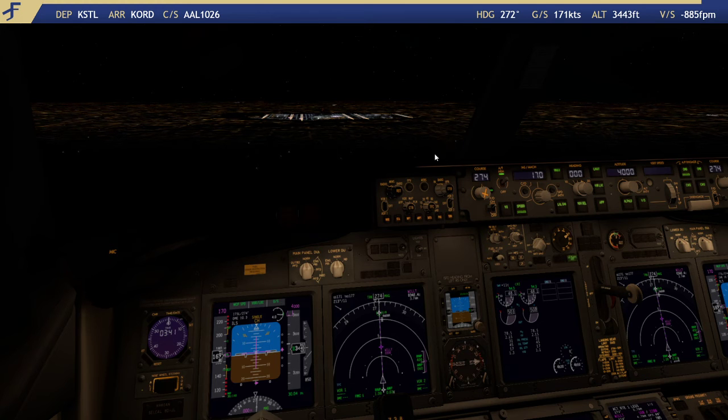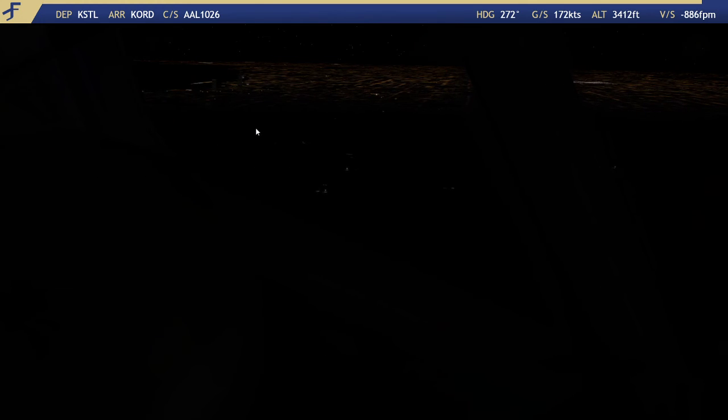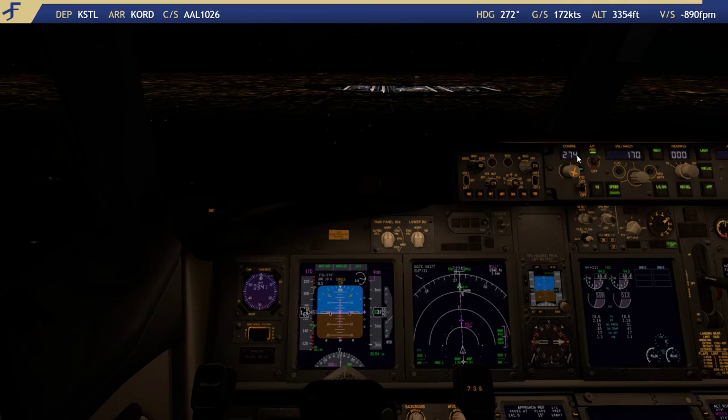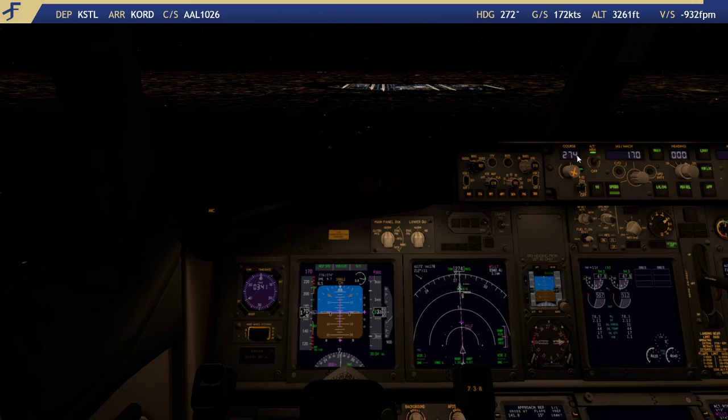Nice and easy approach. Chicago should be on our left. Yeah, there's Chicago. Obviously I need better scenery, but that is where Chicago would be. Should be all glowing and stuff, but